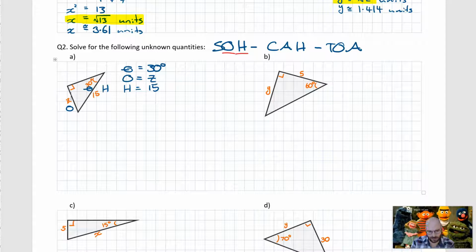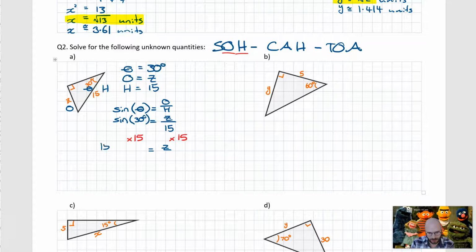So we're going to use sine. So we write sine theta is equal to opposite over the hypotenuse. Then we can substitute in our values. So sine 30 degrees is equal to z over 15. Now we have to rearrange to solve for z. So we're going to multiply both sides of the equation by 15. And thus we're left with 15 sine 30 is equal to z, or rotating it around, z is equal to